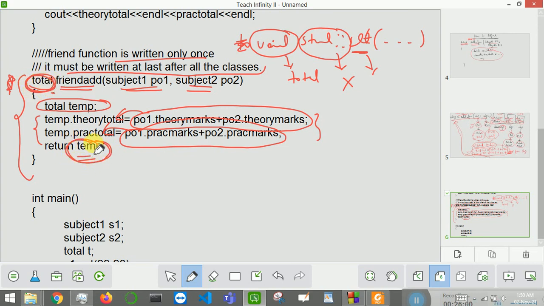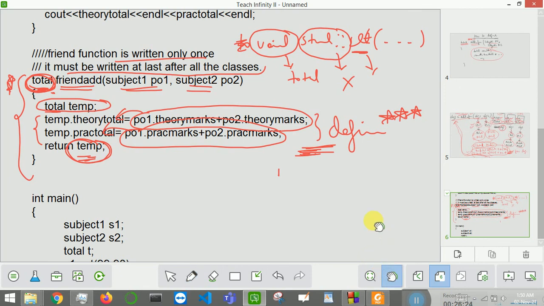This returning object temp is of the total class, and so the return type should be total. Okay, if you are writing void here and you are returning temp, then it will be an error. So this is how you will define the friend function, and this is the most important part. If you know how to define this one, then you can easily write the friend function.